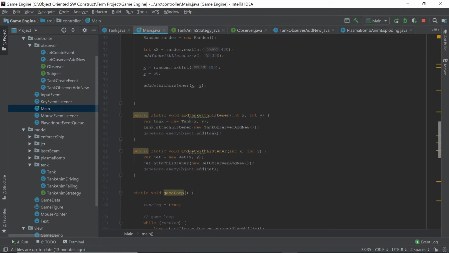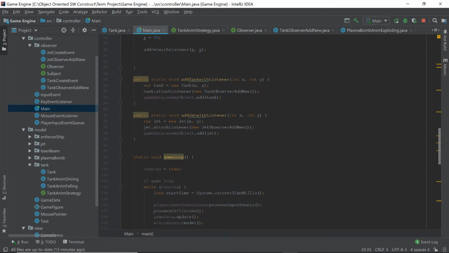So here in main, we've got the add tank with listener, so we attach a listener, and then in tank